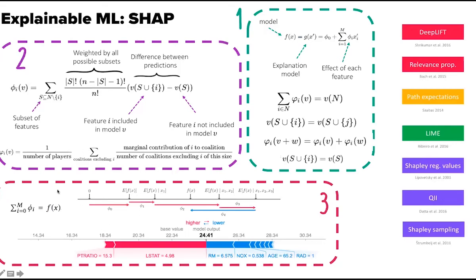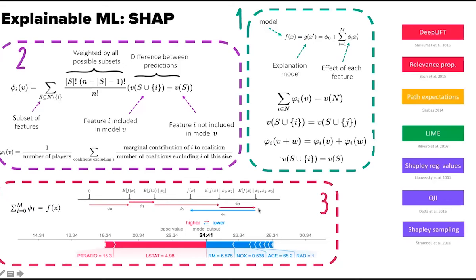And at the end, how this leads to our goal is that our prediction, our f function result, is the sum of the effects of each feature, where M is the number of features. And here is the result. For example, we have the base value, which is 0, and we have these positive contributions of the features, which are marked with red, and we see that they push the prediction of the model towards the